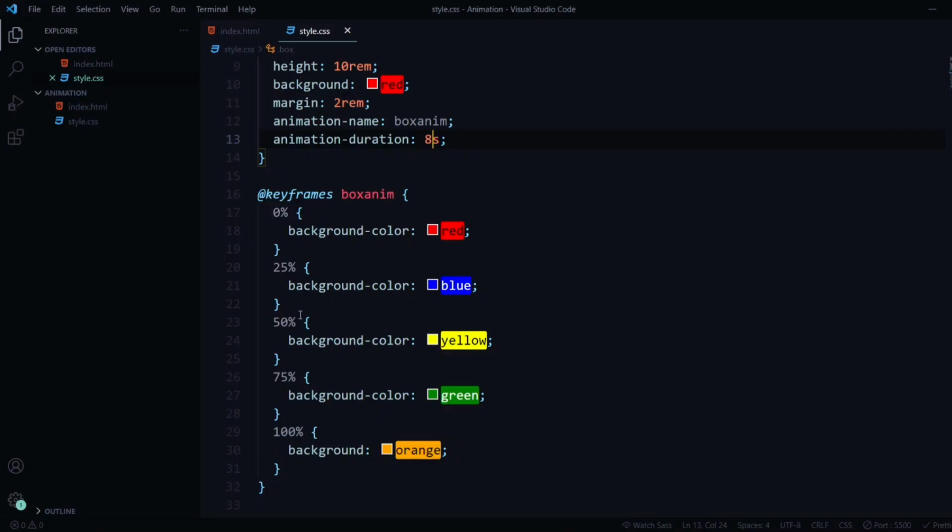Okay, so you can see how cool this animation is. So you can try this project out for yourself. You can pause the video at any point of time you like, and you can try it out for yourself, because unless you practice it, you won't understand how the 0, 25 and each and every property works.